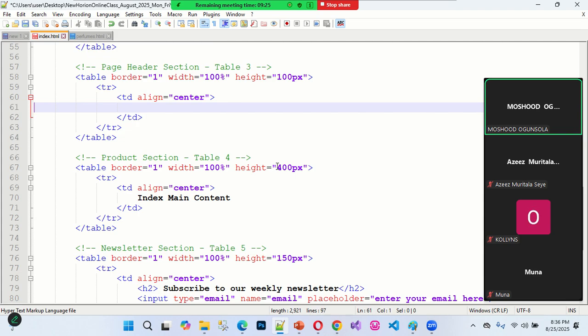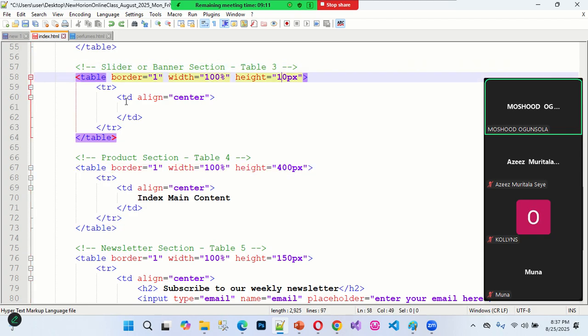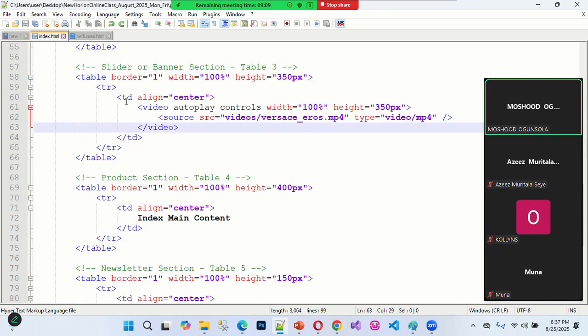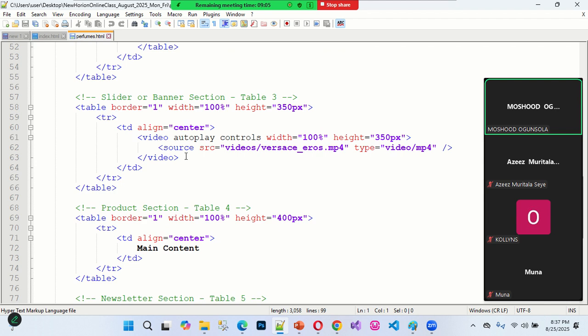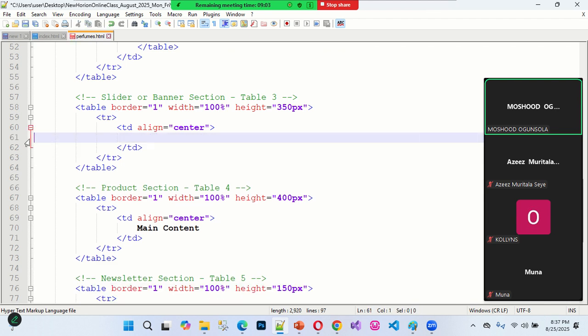That is it. So the remaining 250, I add it to this one, making 650, because this is going to be the main page content. No, I'm not supposed to change the index. It's not the index section, it is the perfume section I need to change now. So I'll remove this from the perfume section. I will now name this one. I'll give it H2. Then I'm going to